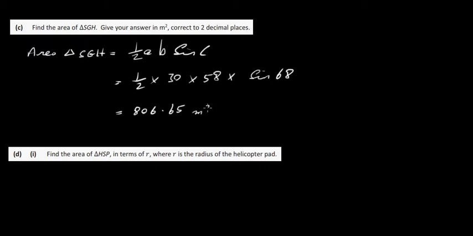And now we're talking meters squared, and this is again to 2 decimal places, 806.65 meters squared. Next part then is we've got to find the area of the triangle HSP in terms of OR, where OR is the radius of the helicopter pad. So HSP then,